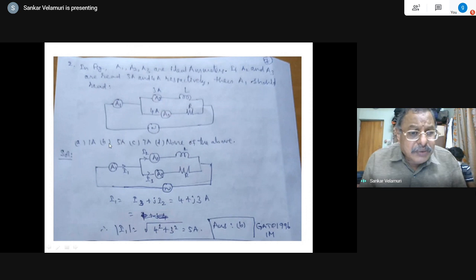So 1 ampere, 5 amps, 7 amps, none of these, right? So 3 and 4 are the parallel currents, and if you want to take the arithmetic sum, it is 7 amps, seems to be right. And if you take the difference of the currents, because we do not know how our mind works at that time, 4 minus 3 is 1, 1 ampere is also there. None of the above, maybe all the answers are not being correctly given. There is another one, 5 amps. How this 5 amps, 3 plus 4 is not 5. How is this being obtained? Maybe that is another option, or none of the above.